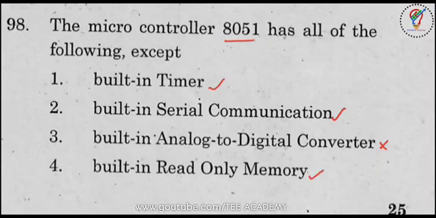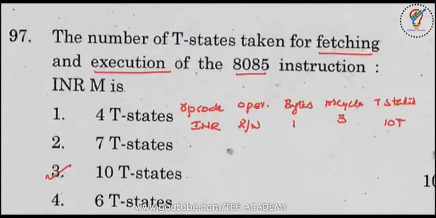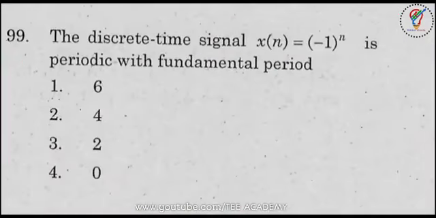So among the 4 options, 3 is the right option for this question here. And next we'll go to question number 99. The question is: the discrete time signal x of n is equal to (-1)^n is periodic